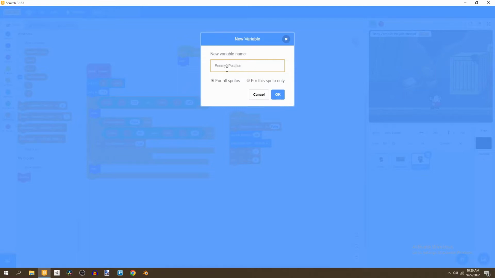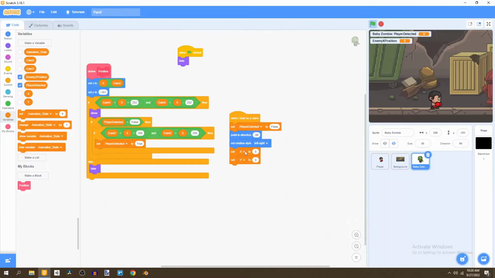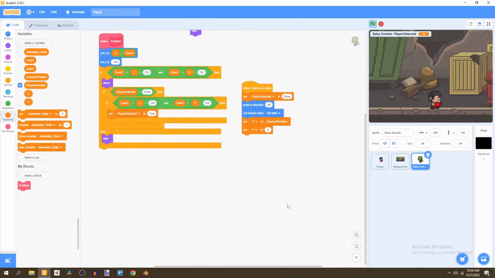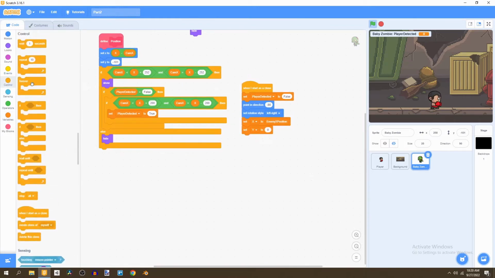And basically what we're doing with this variable is that we're essentially creating X positions to spawn our sprites. So we're going to spawn them with the given X positions that we give them. So enemy X position, and we'll just set Y to 0. And then we're going to go to control and say forever, and then if